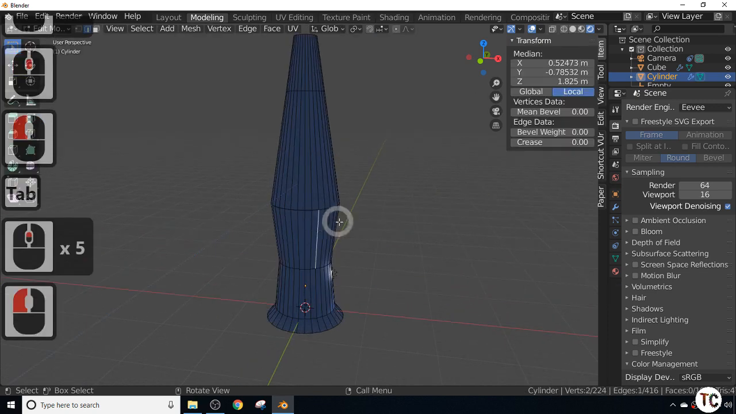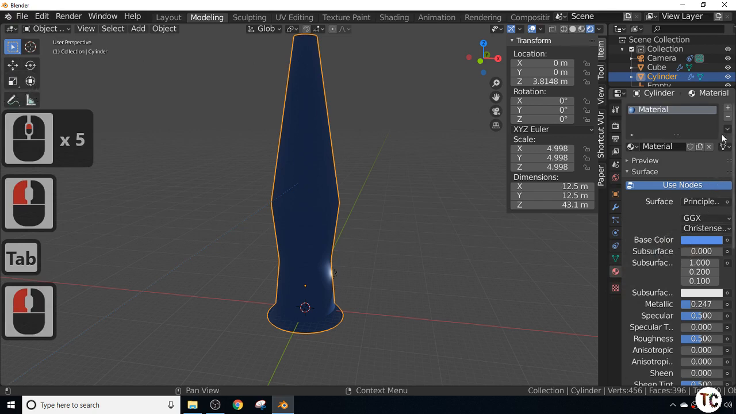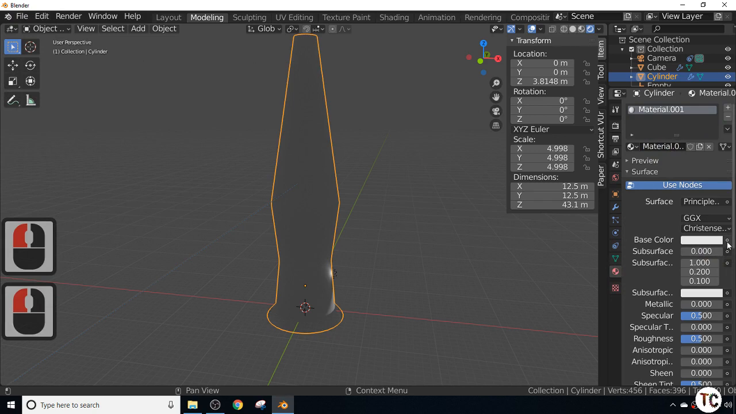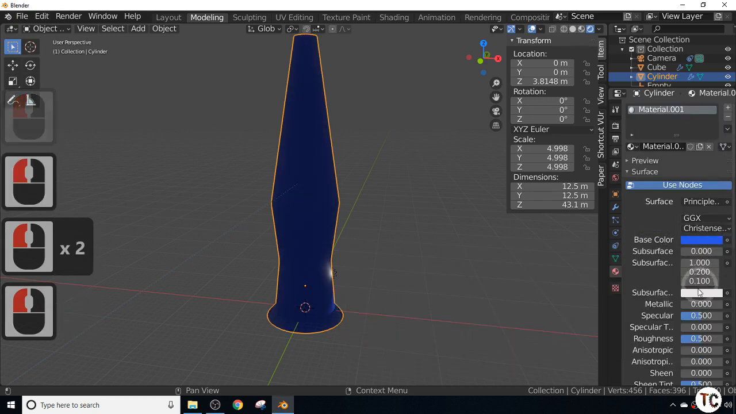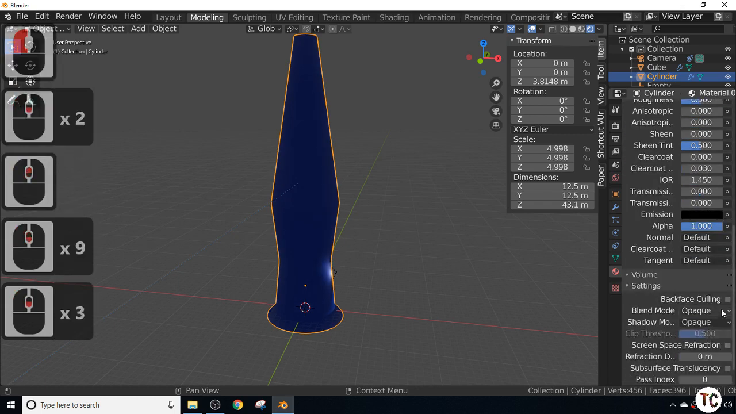With the object selected, go back into the material. In fact, I'll do this again just to show you. New material, go to blue, take the metal up to make it slightly shiny, and we're making a glass, so what we